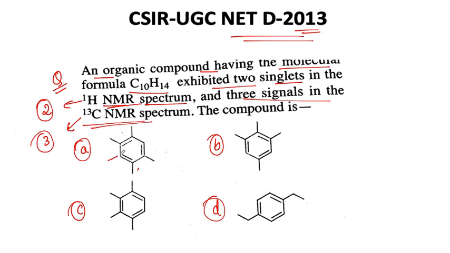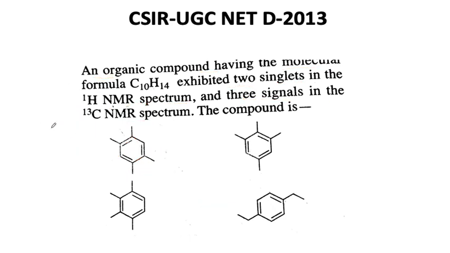Yes, so look, we see a sigma plane over here and we see a sigma plane over here. So how many carbons are there? The carbons are going to be one methyl carbon, another carbon over here, and another carbon over here. We see that these two carbons would be the same, these two carbons would be the same, these two carbons would be the same. So only 3 carbons are repeating. We are getting 3 signals for the C13. Let me just remove everything. So 3 signals for this is confirmed.